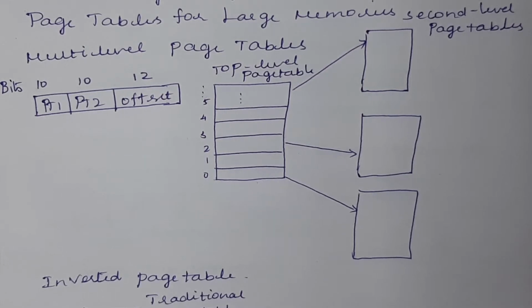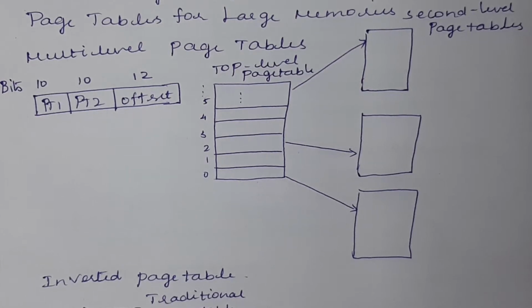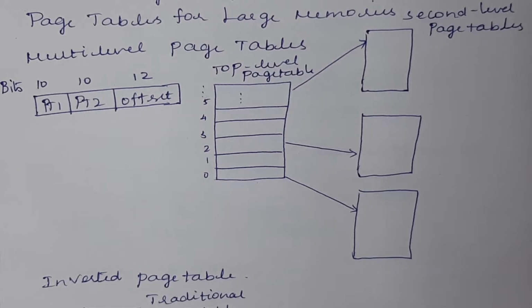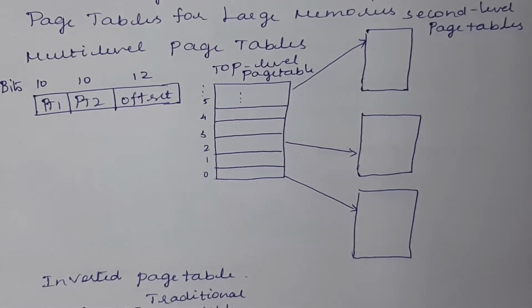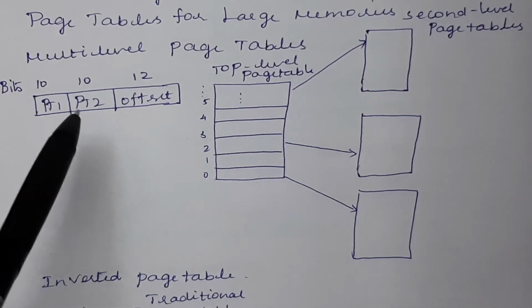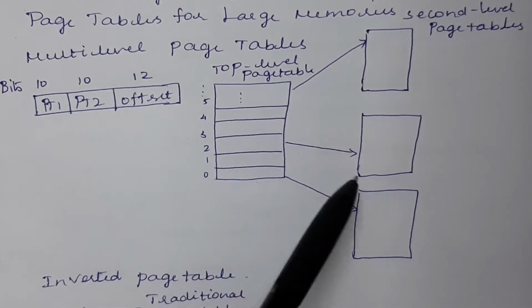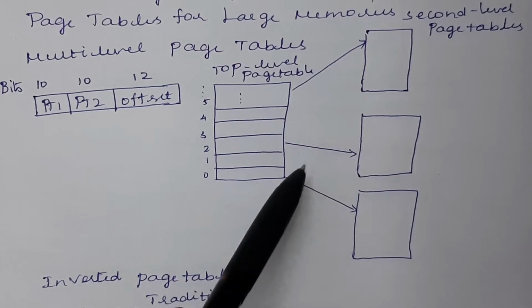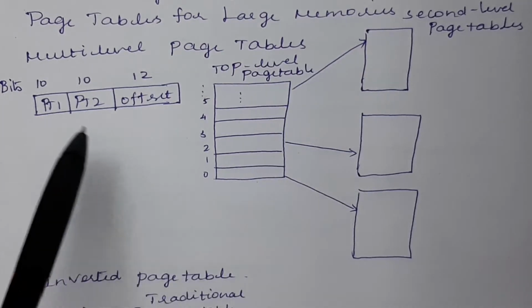We can have any number of levels. It is not necessary to have only 2 or 3 levels. We can have more levels. It is up to the design and how we have implemented it, based on the architectural design of any particular system. If you follow this multi-level concept with a two-level structure, this is the example given for a two-level structure of the page table.